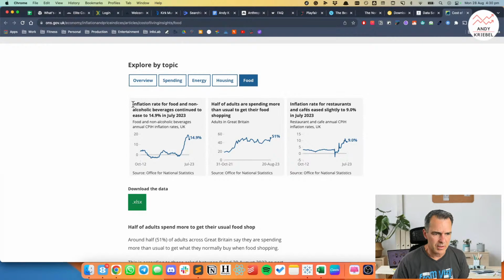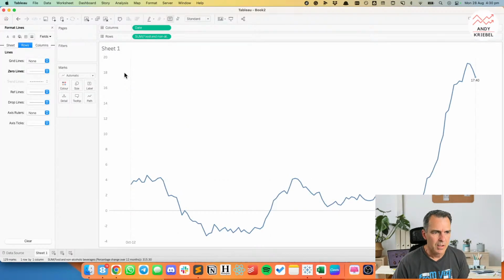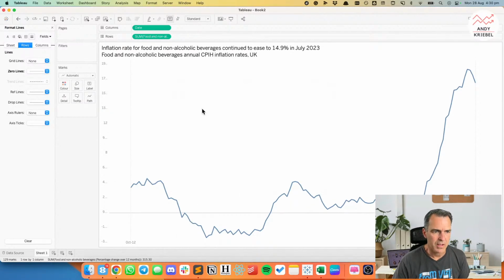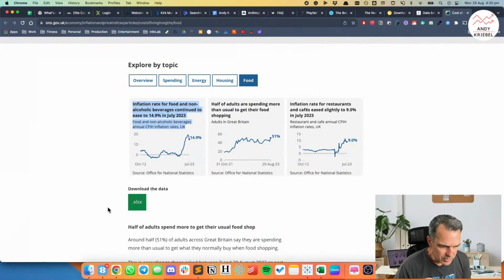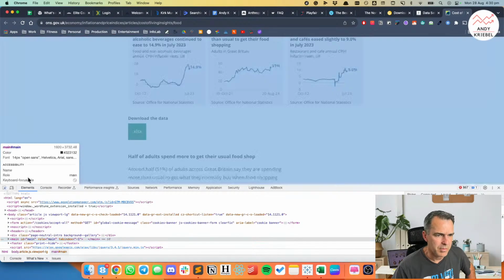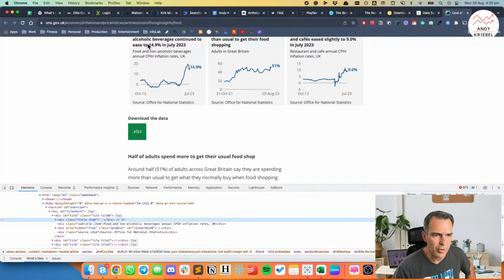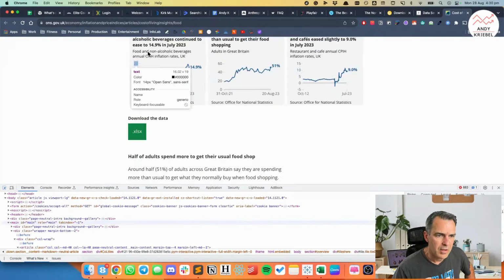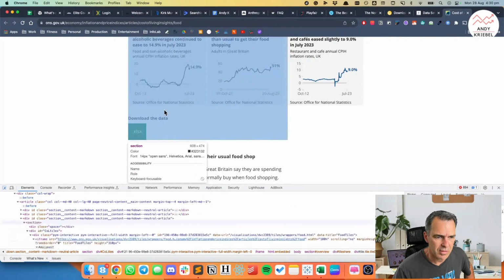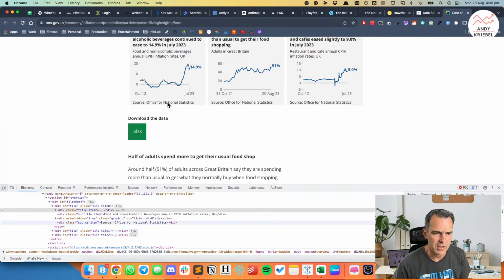So let's call this one, I'm just going to copy and paste that. And let's make this one, I'll just leave it like that for now. Okay. All right. So I'm going to inspect this page because I want to see what font they're using. So let me pick, and then the font they're using is Open Sans, it looks like. So if I hover over that again, it says Open Sans, and then the subtitles Open Sans 14 and 16. Okay. And then, okay, so 14 and 16 Open Sans.